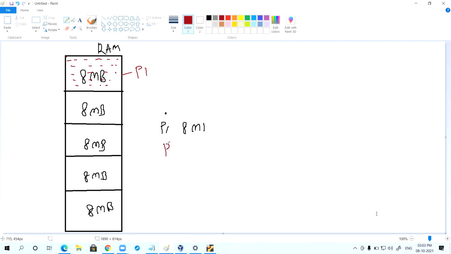Now tell me, if P2 process needs 6 MB, can I say there is no 6 MB partition? So there is no other option. Even though it needs 6 MB, total 8 MB is allocated for P2 process. Now can you tell me how much memory is wasted here? 2 MB.